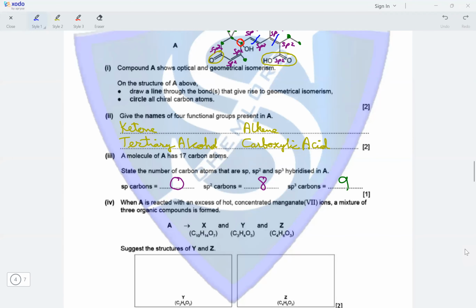When A is reacted with an excess of hot concentrated manganate 7 ions, a mixture of three organic compounds is formed: X, Y, and Z. Suggest the structures of Y and Z. So X is the one with the larger part of the molecule. Y and Z are the ones where the blue lines have been drawn. So for Y, we've got three carbon atoms. So this would be two carbon atoms with a CH3 group on one of the carbon atoms, and the other end would have a C double bond O, OH group. So C double bond O, OH, and this would be CH3,